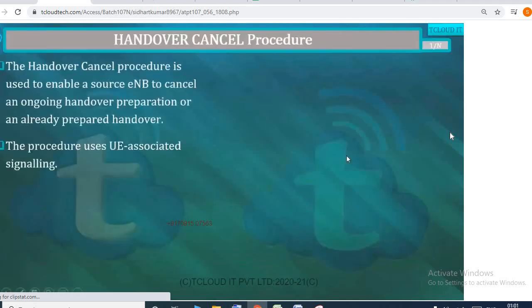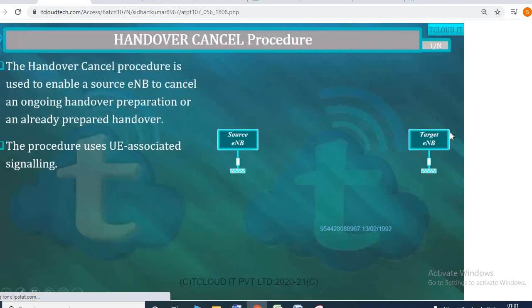And the last message that we have to study here is handover cancel. Now, at any moment after the handover is triggered, for any reason, source node B may decide to cancel the handover. Why does source node B typically decide to cancel the handover? For example, first the mobile sends a measurement report requesting a handover, and the source node B triggers the handover